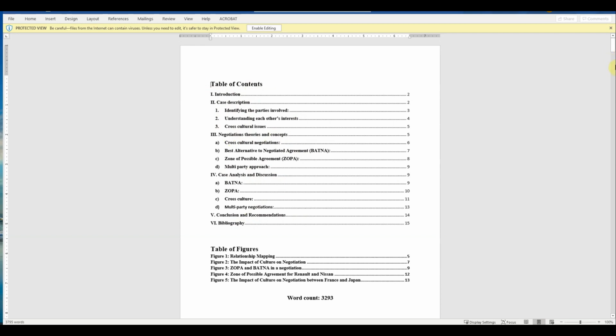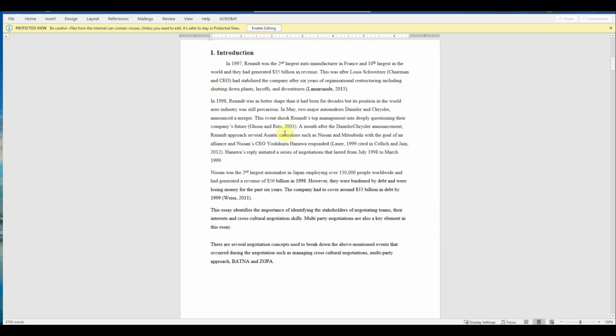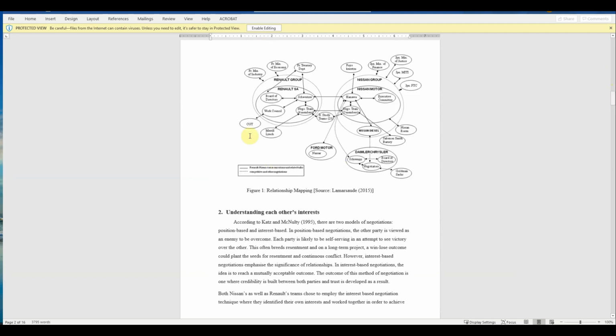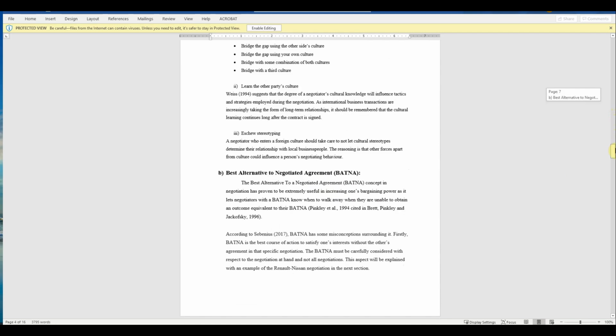He's also given an introduction. You can see that he has referenced all these things. So you can give the citation here, and then you can reference it at the end. And you can see he has taken this figure from this source, so he's mentioned that here. This is a management paper, so I don't know much about it, so I just got it from him. I'm just showing you an example of that.